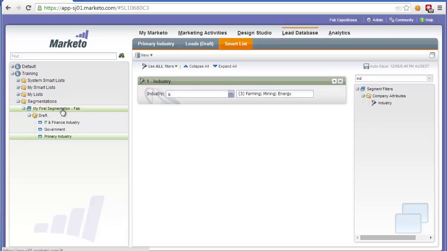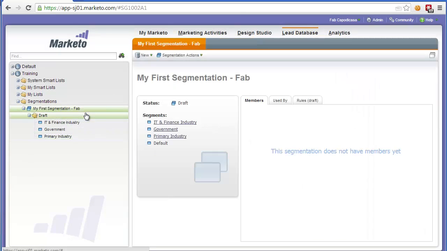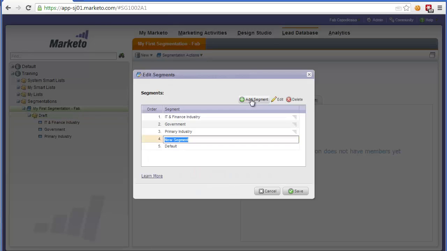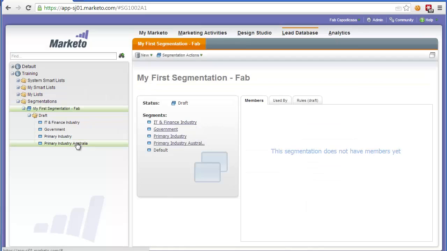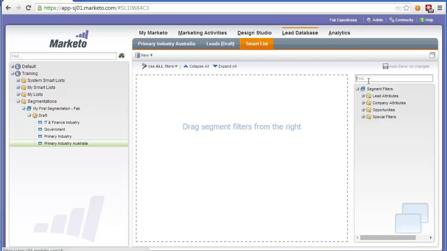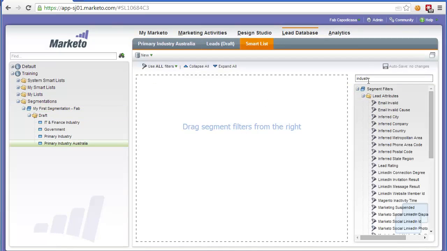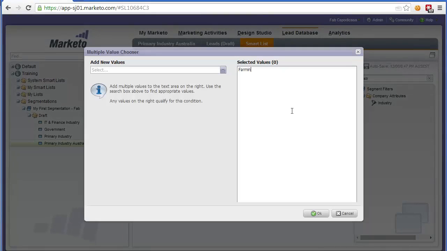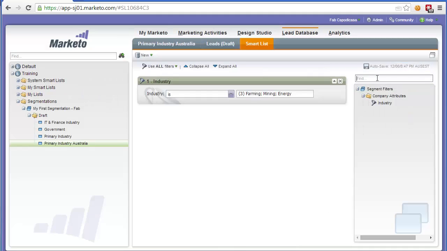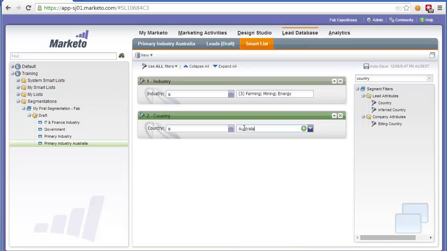Now let's say we wanted to add another segment. We could click Edit Segments, add another segment, and let's call it primary industry in New South Wales, or for example, Australia. So in this particular segment, we might create a more complicated smart list, which is a smart list based on an industry filter, which would be the same as before. For example, farming, mining, energy, but we might add another criteria for country, and we might put Australia here. So as you can see, each segment is actually a smart list, which can be as complicated or as simple